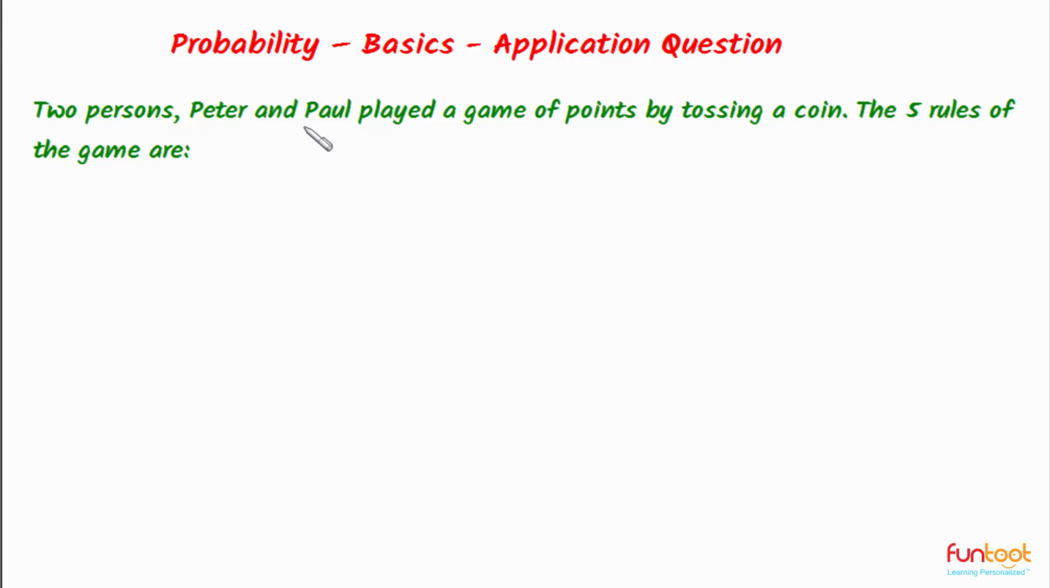Let's do this question. Two persons, Peter and Paul, played a game of points by tossing a coin. The 5 rules of the game are: